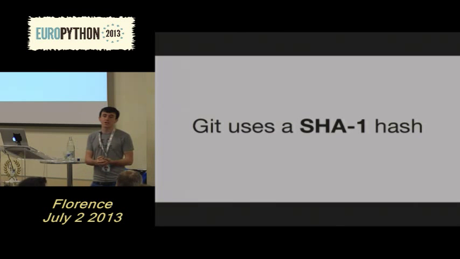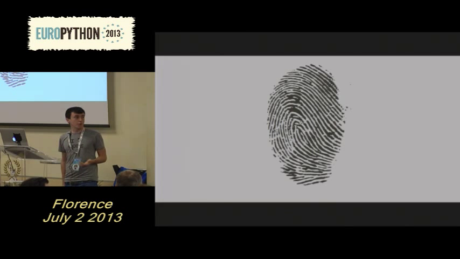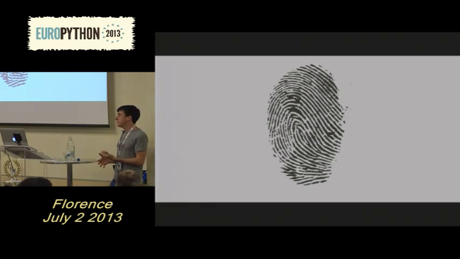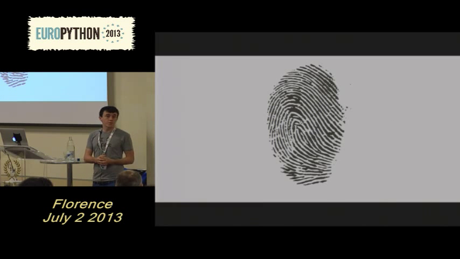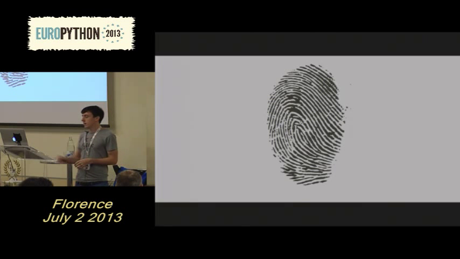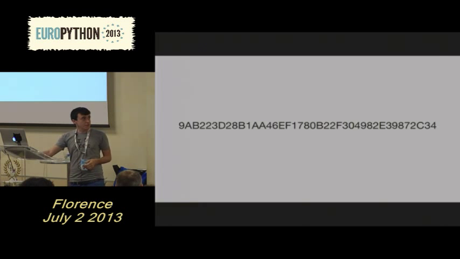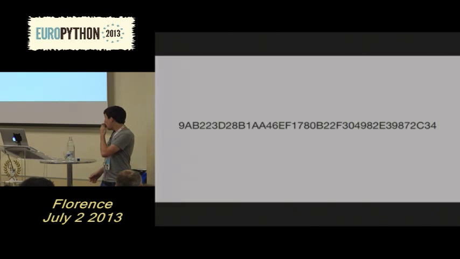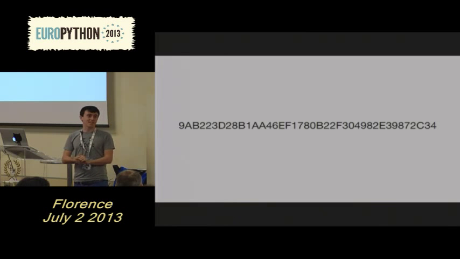It uses SHA-1 hash to be exact, and SHA-1 is like a fingerprint. Essentially, it takes some content, runs it through this function, and it comes out with a fingerprint. That fingerprint is 40 hex characters, and it looks like that. Now, I'm sure some of you are already asking, if you're sophisticated, you know that hashes can collide, and you're